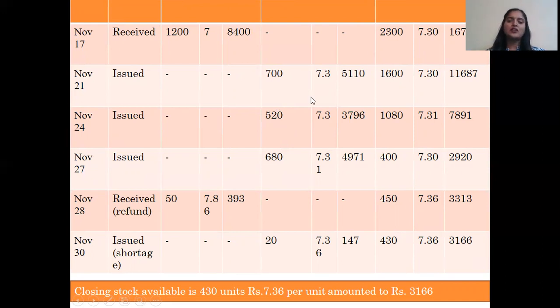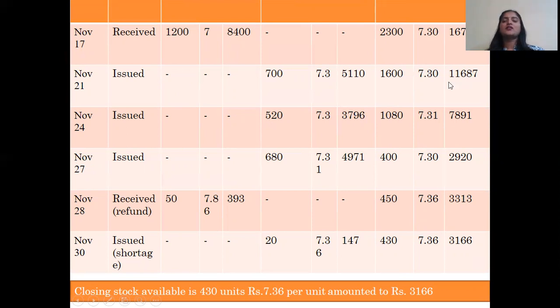1,600 minus 520, you are going to get the balance 1,080. From 11,687, as already calculated, 520. What is the cost per unit? 7.3. 520 into 7.3, you will be getting